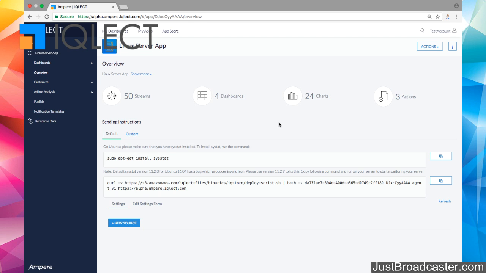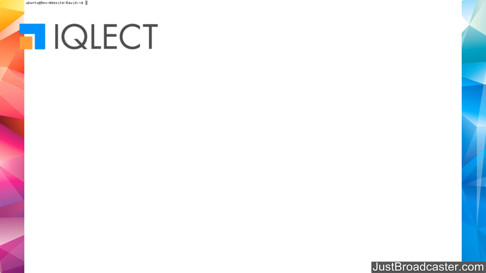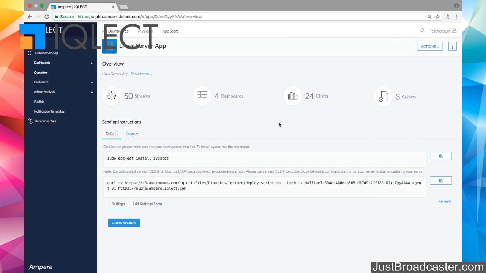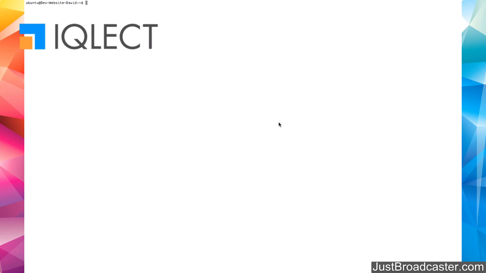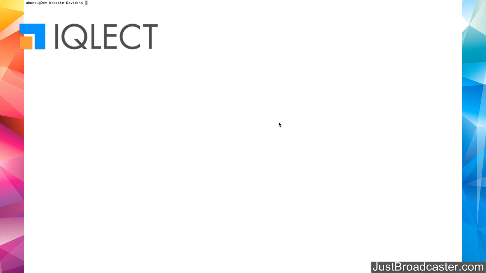All right, so right now from my system I have logged into one of my servers. This server is on Azure and it's running Ubuntu 14.04. Our app here is for Linux server, and we have one of the Linux servers up there. What we are going to do is try to monitor this server and see how that works. Okay, first